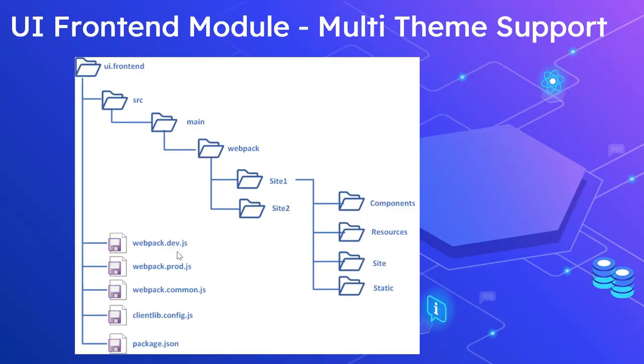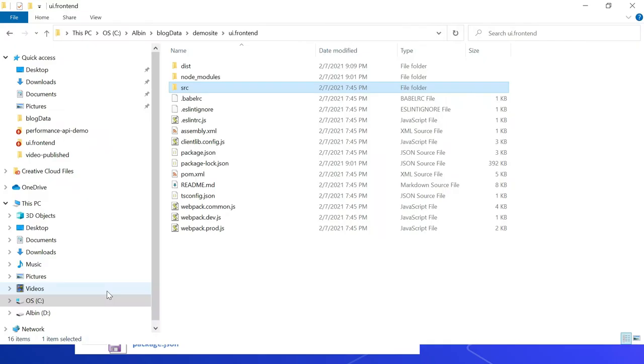Let us now see how to enable the support for multi-tenant or multi-themes. The default configurations are enabled to support single tenant or theme. One option is to create tenant or theme specific module. Here we have one module, UI frontend. Maybe this can be a parent module. Then you can create multiple child modules by copying all these configurations. But that will create management and maintenance overhead. Also, this impacts the deployment. Takes more time for complete deployment.